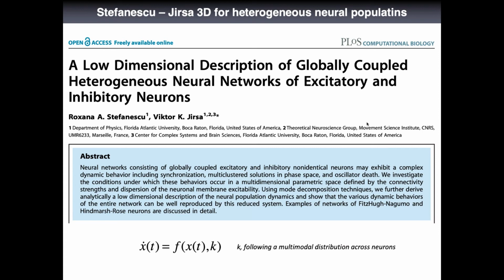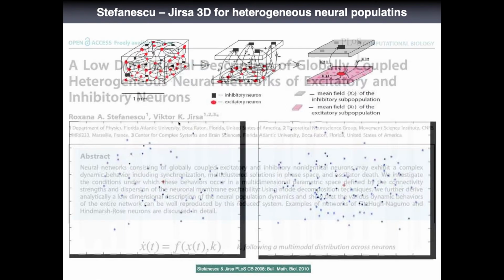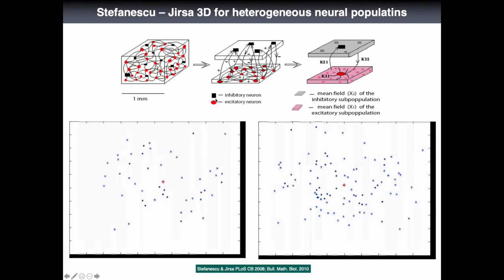However, there is no reason we should strictly restrict ourselves in this scenario. There can be cases where the parameters of the neurons might differ. For instance, they can form a distribution that has more than one mode. Imagine neurons that receive a low input and neurons that receive a stronger input within the same neuronal population. This case is covered by this model, the Stefanescu-Girsa model, which is part of TVB, and of which I'm only going to show you the difference it makes with respect to the mean